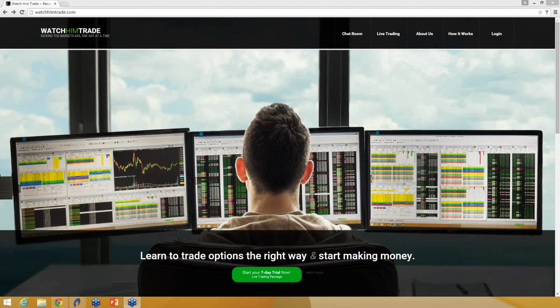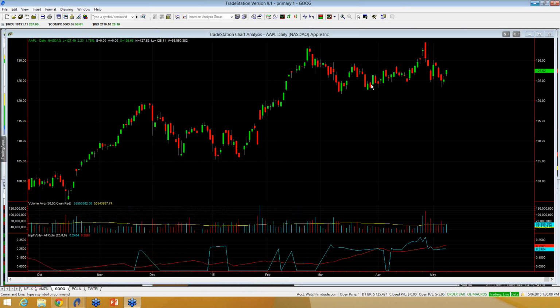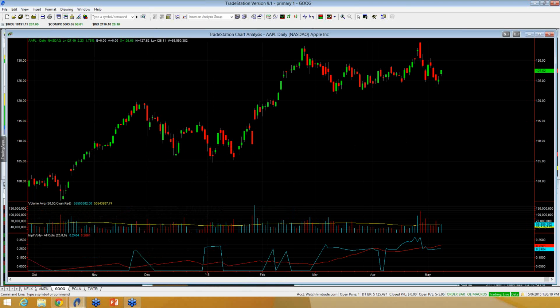This will be a video chart on Apple. So Apple, talked about the last few weeks, no real changes here structurally. You're still just consolidating for the most part between 120 and 130. You've been in that range since March, and you continue to have brief moves above 130 and brief moves below